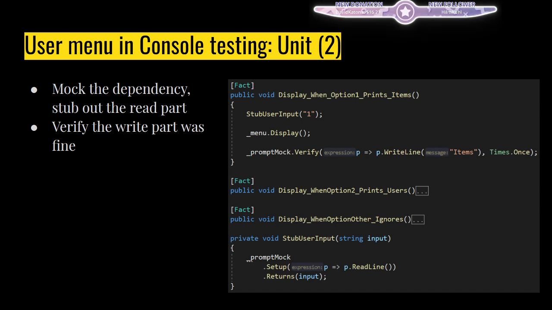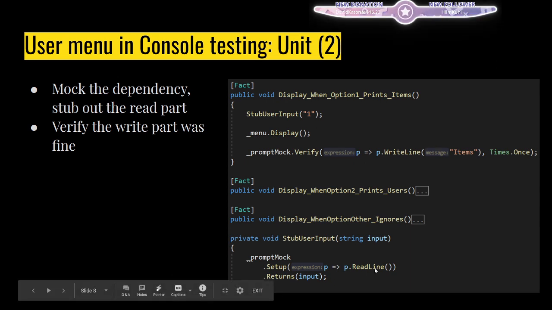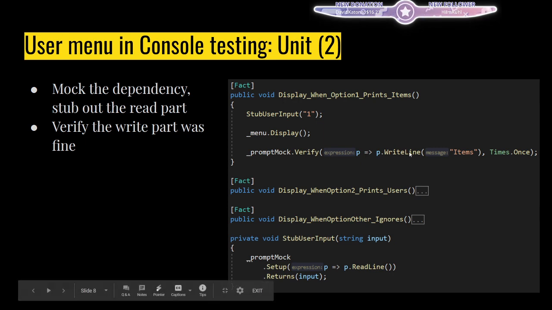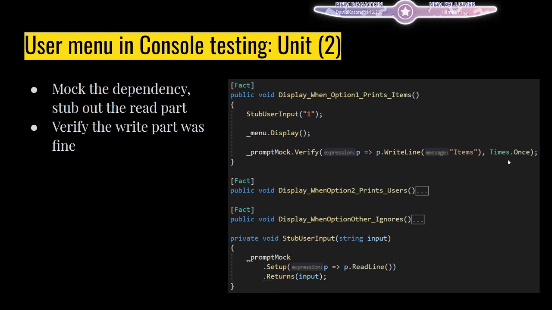And we basically create a stub from mock and say that our stub read line returns input that we pass. So the end result is the same. We again specify what input we set, and then in the end we verify what gets returned. And in this case, we verify if items were printed a single time. And that is the unit test for